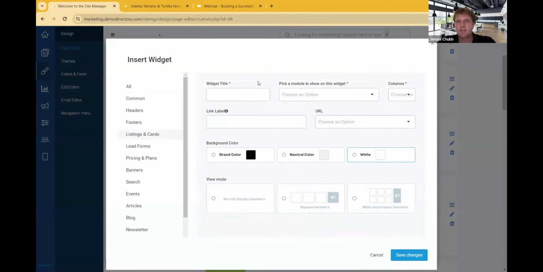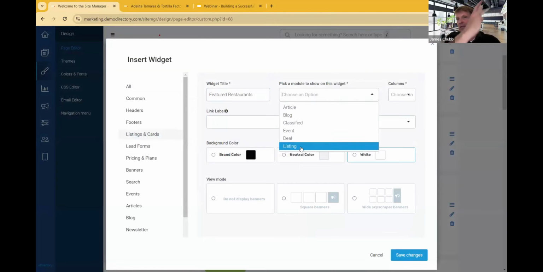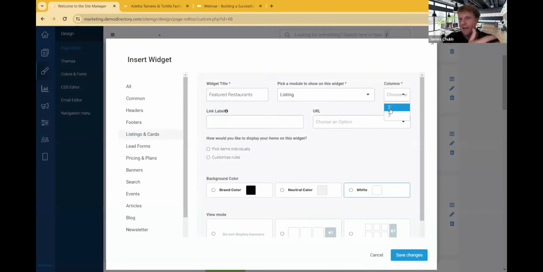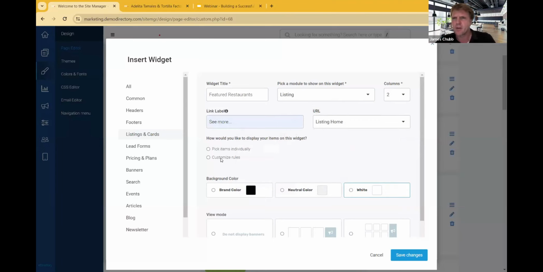Let's go ahead. While he's doing that, we're going to answer all the questions at the end, but we had a couple that came in that I just wanted to mention. The way this works with the listing templates is you create a template, and then the listing owner, the sponsor, can actually go in and add the listing themselves using the fields that you configured with that template. Or you could do it yourself, or you could import the data as well. So those are the three ways to add the data. Once you create the template, people can go in and add the information for that template. So I hope that clears it up.